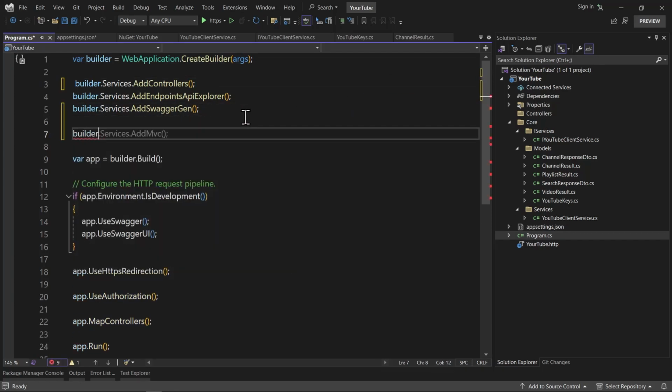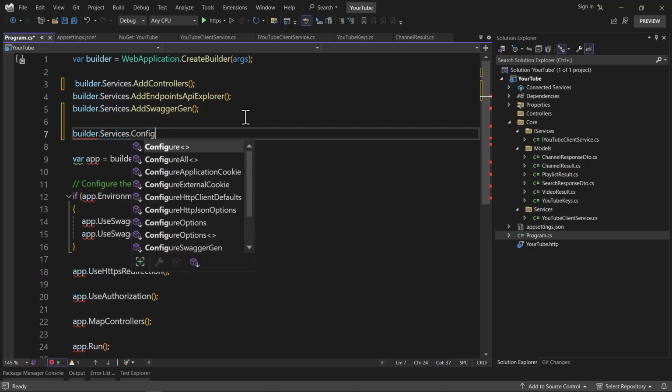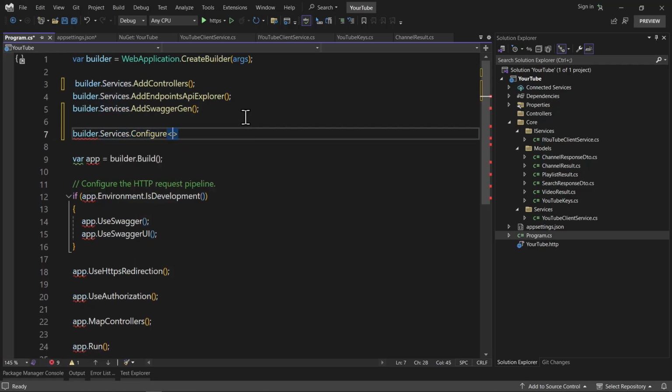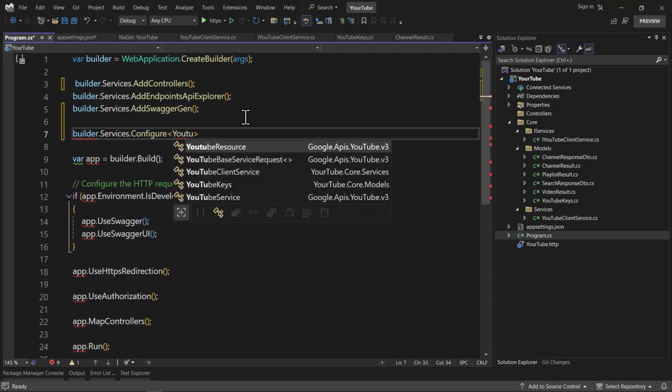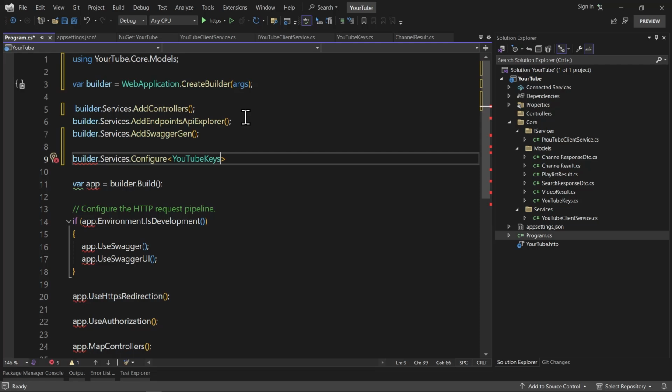So we use builder.Services.Configure, and inside of this Configure we need to use our YouTubeKeys model, and here we need to pass that configuration. So where does this configuration come from? It's coming from that app settings, and we can access that using the